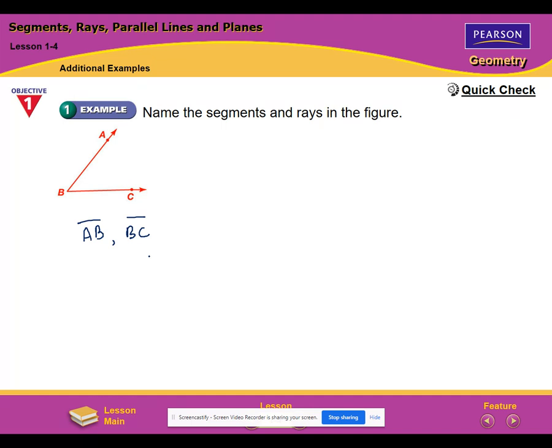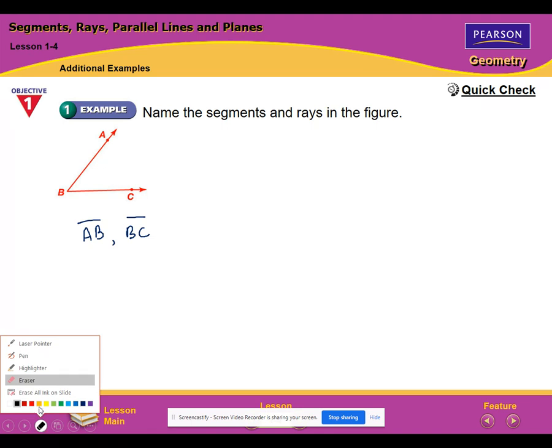Because it's not about the name, although being able to name them is important. It's not about whether they're the same or different. It's about the points that they represent. Segment AB means you start here and you end here, and you have all these points in between. That's the segment. The rays, on the other hand,